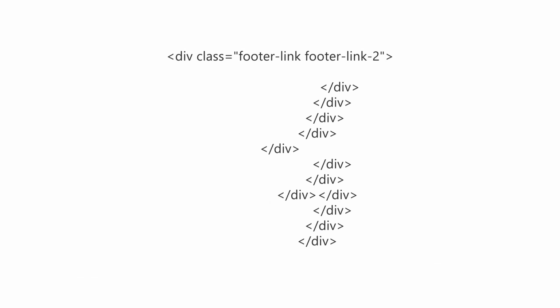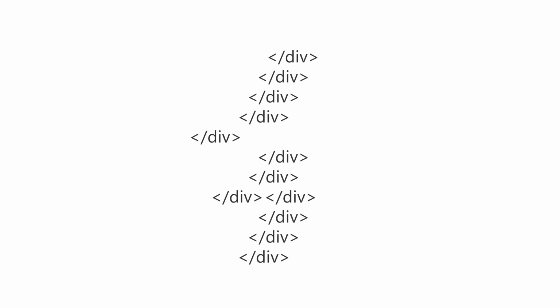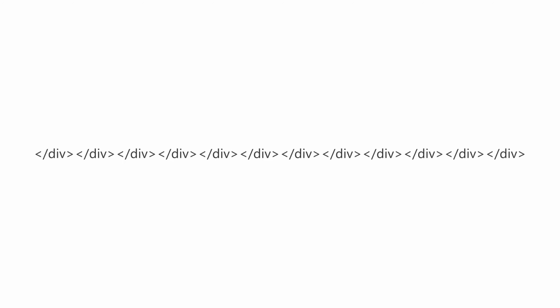For example, let's say I've got all these closing div tags after a certain section on my web page. There's 12 of these, the greater than and less than signs, the slashes, the Ds, the Is, the Vs. Now don't worry, this is not something you have to do manually, so don't get rattled here. I'm just showing you how the process works. Minification would do this, but compression would look at that and say, actually, instead of seeing this as 72 characters, let's look at this as 6 characters repeated 12 times.